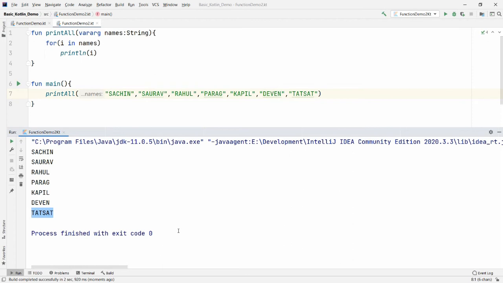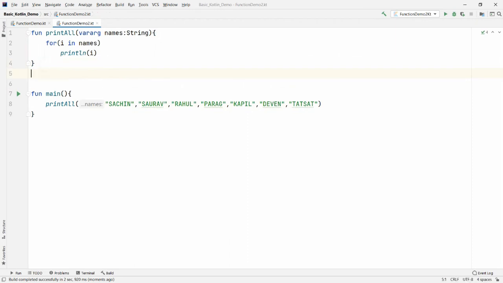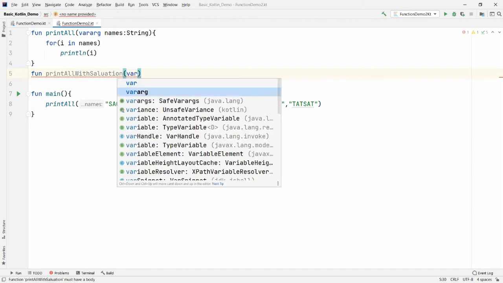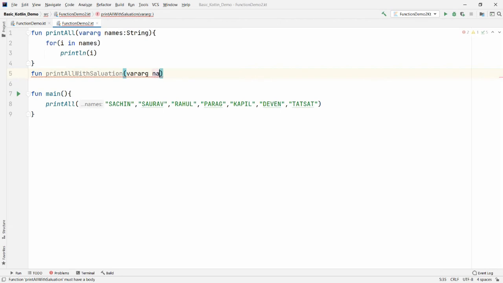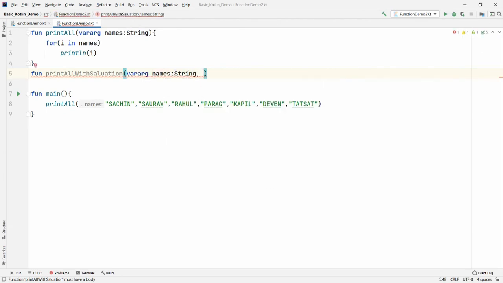Sometimes people say, sir, can we pass a default parameter along with the variable number of arguments? Yes, you can. For example, I have one more function where I want to now provide the salutation. So I'm writing here function printAllWithSalutation, and I'm passing the variable number of arguments, that is vararg names, which has the data type string, and the next parameter is salutation, which has the data type string.